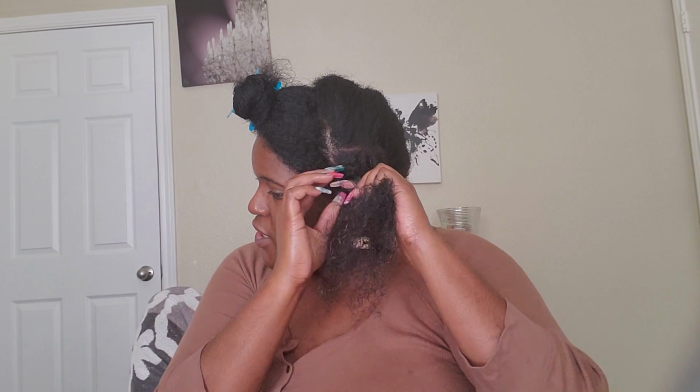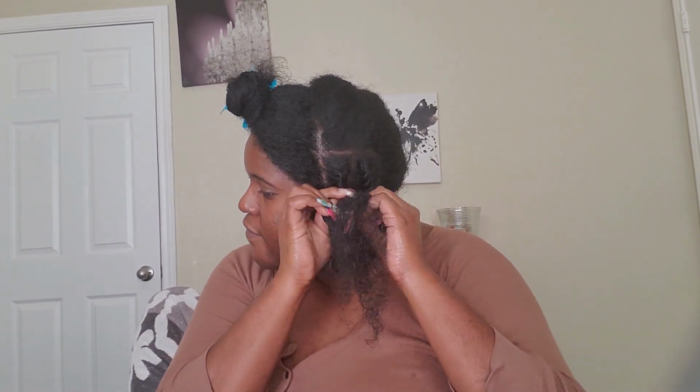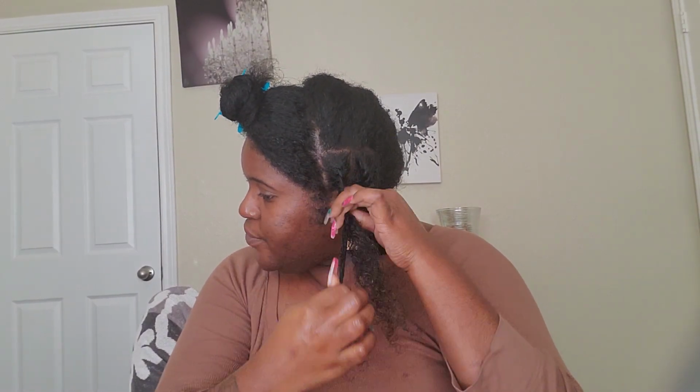I'm doing, like I said, this particular section in this manner because I have a different coil on the perimeter than I do at the top. So I won't be doing this all over, just in the areas where I need to do the little extra steps to make sure that my hair looks together when I take it down for the final review. Okay, so I'm just gonna put a little bit more product at the end, pick up a purple one,